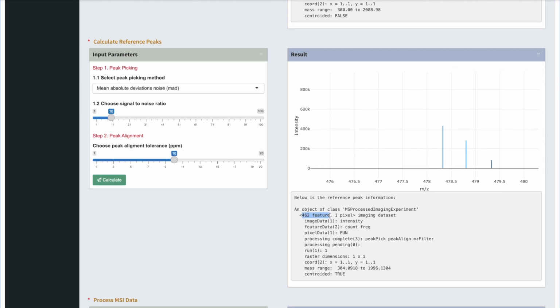Using the same approach, I can adjust the remaining two parameters, the peak picking method and the peak alignment tolerance. Once I am satisfied with the overall outcome and the detection of desired peaks, I can proceed to the next step. For more comprehensive explanations and detailed instructions regarding the parameters, I recommend referring to the user manual. It will provide in-depth information and guidance to ensure a better understanding of each parameter and its impact on the